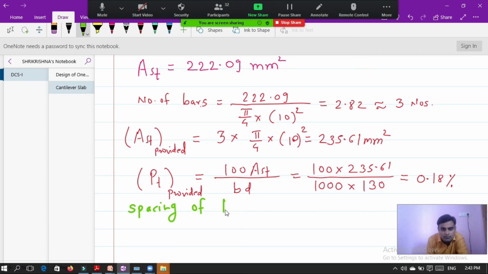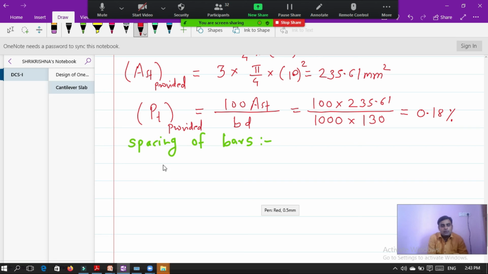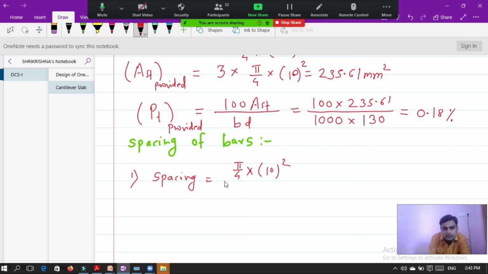Spacing is equal to area of single bar divided by Ast provided, 235.61, into width.